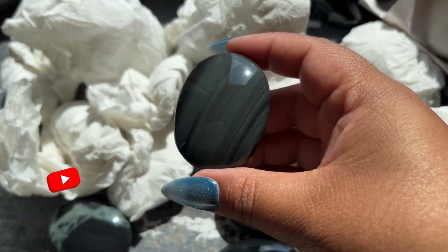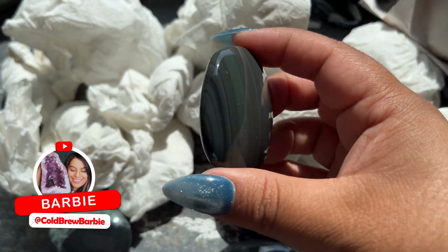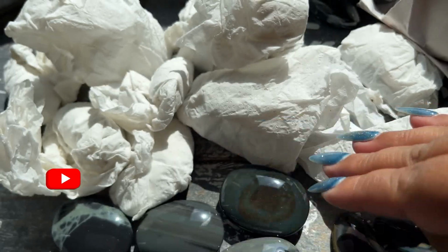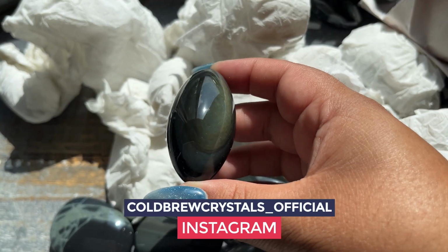Got another one. Gorgeous. Another striped obsidian. This one has a little bit of a purpley hue to it. I love that they are all the same size. We got another Shiva here. This one is very stripey. And then a beautiful